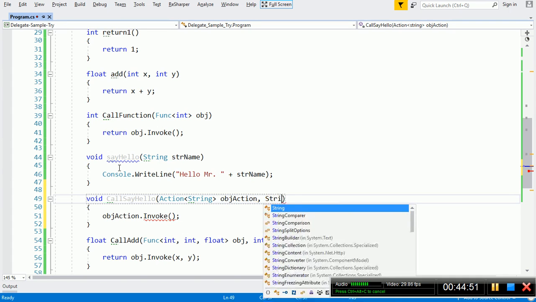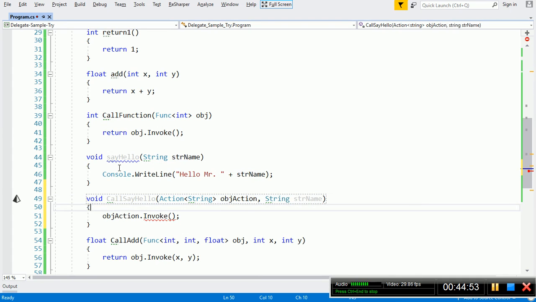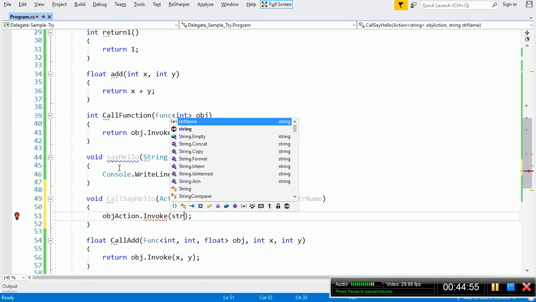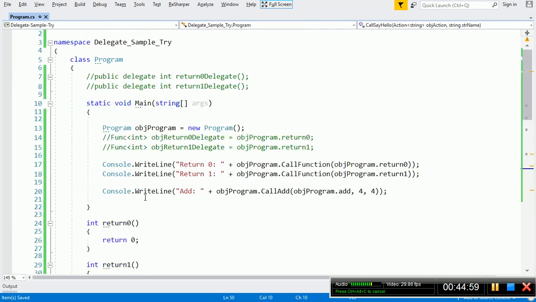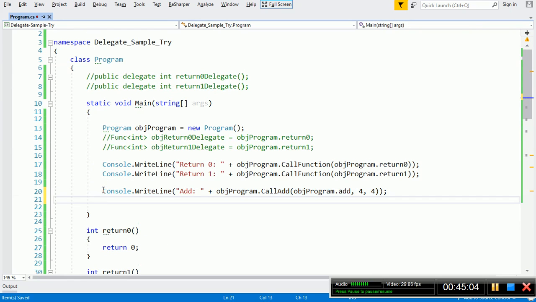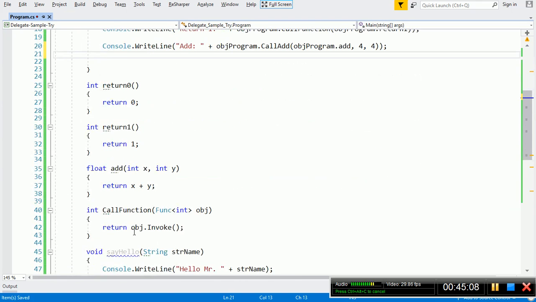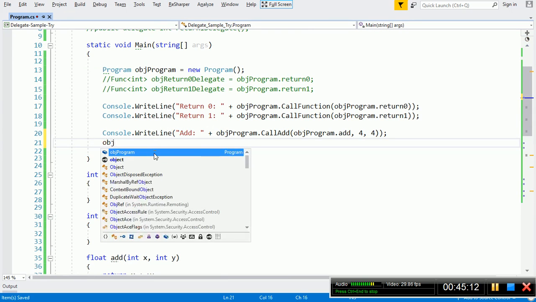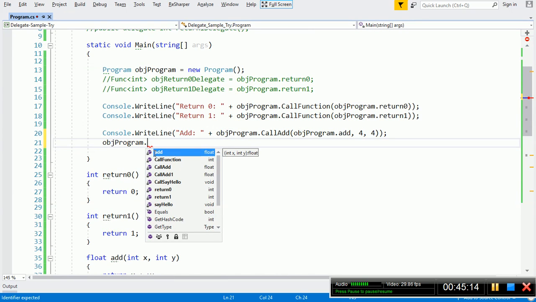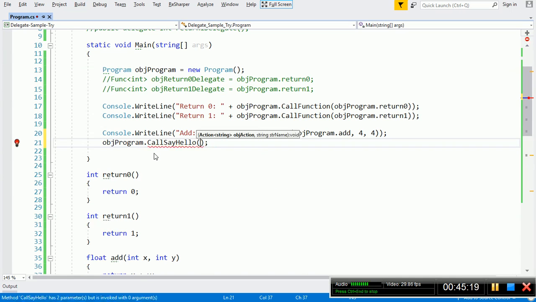We also want to receive the name, and then we will pass this name to this object action. Now in the main function we will call this function. Actually we didn't want to put console.writeLine right now, because in this function also we are saying console.writeLine only. So we will call this function directly, object program dot call say hello.